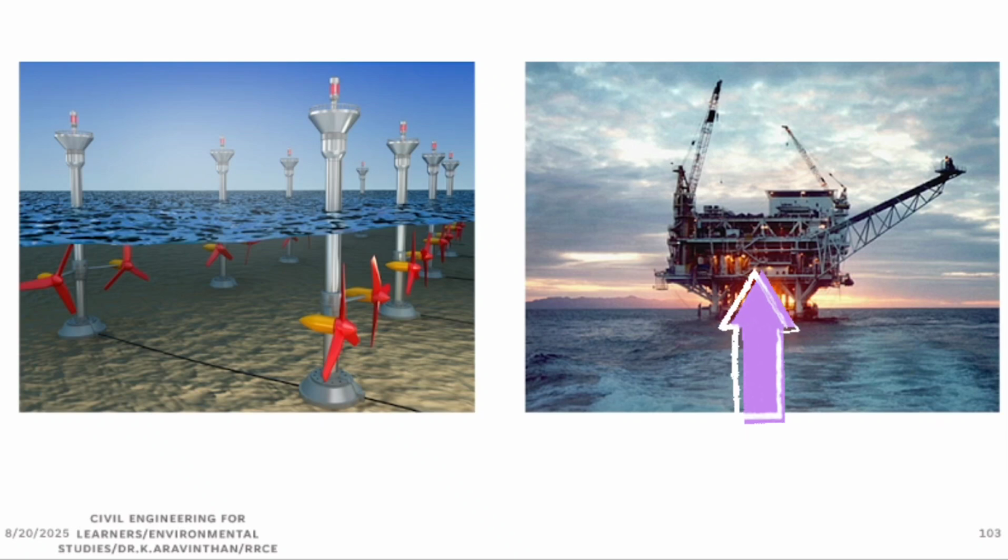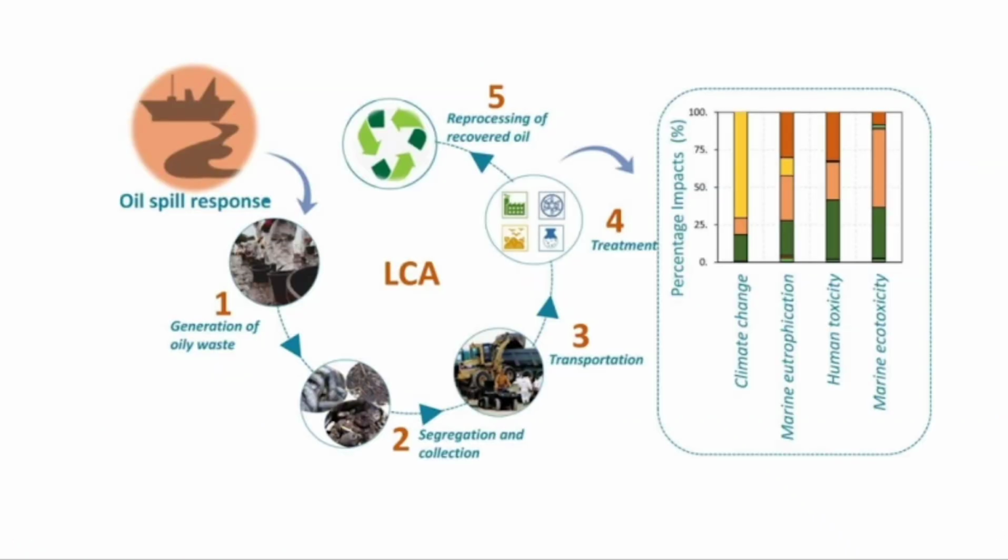Another thing is offshore. This is called an offshore platform, where they drill, they dig a deep bore, and then they extract the crude oil. Crude oil is used for electricity generation, petrol, diesel, all tires are made from crude oil, etc. So what happens when we consume this resource from the ocean? Oil spills will be there. Generation of oily waste will be there in the ocean, and segregation and collection, transportation, treatment you have to do, and reprocessing of the crude oil